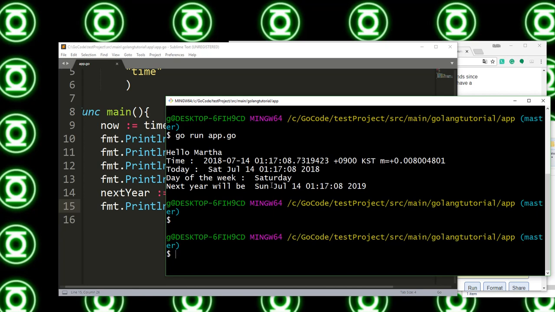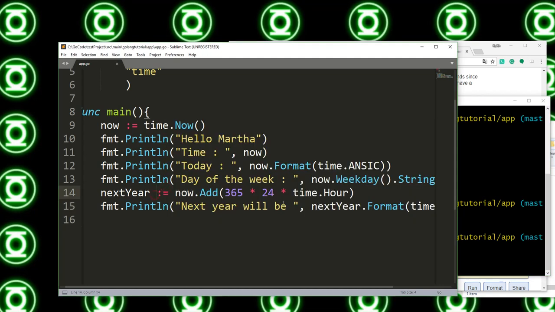Okay, next year will be Sunday, July 14th. And of course, we can even add a day. If I wanted to add a day to it, I would make a new variable, next year, plus 1 day. Now add